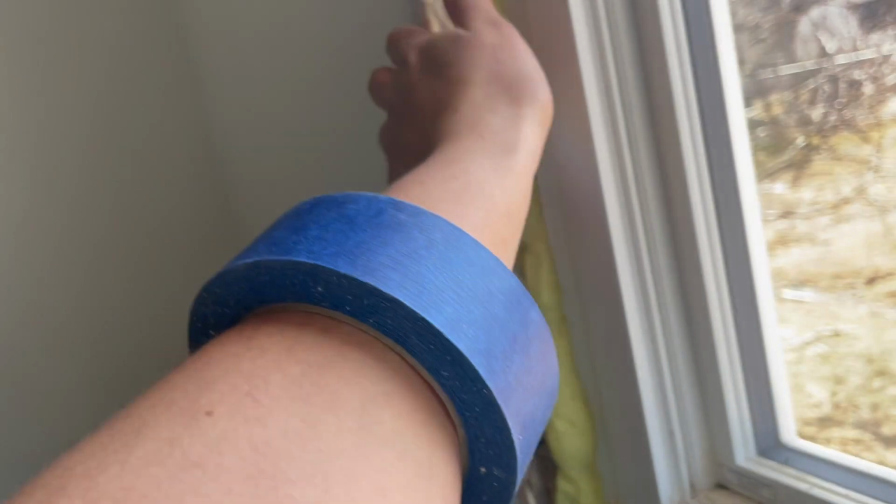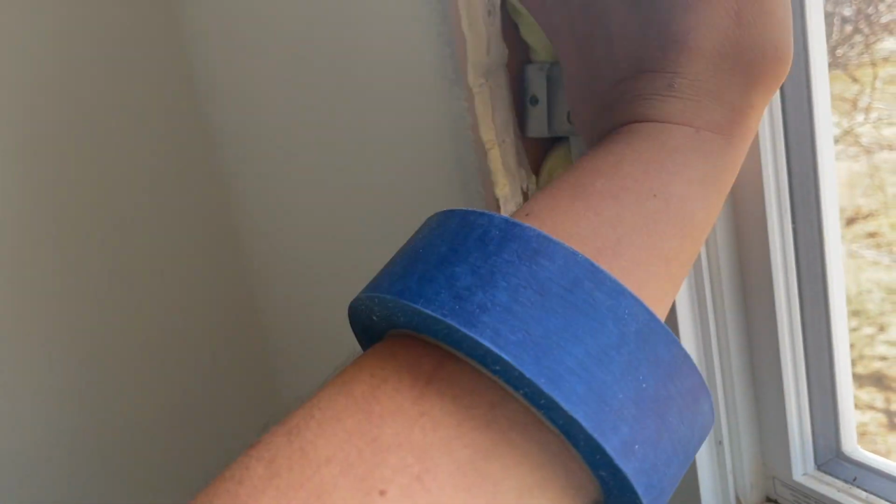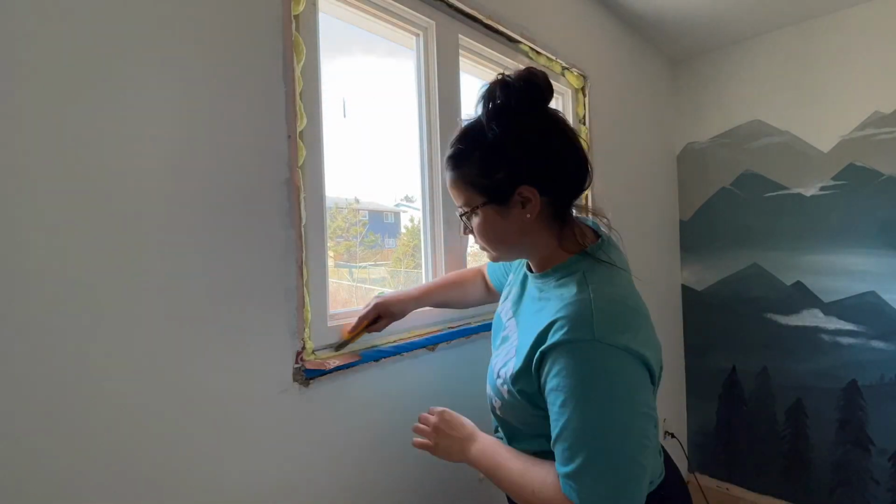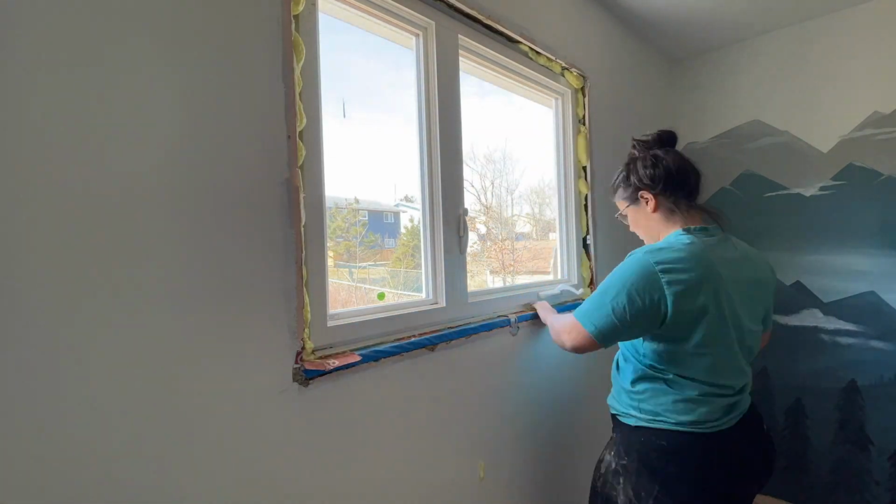New window is installed and you're going to start by snapping off the metal brackets. The screws are installed on the other side and that will secure the window in, but you don't need the extra pieces. Then you're going to use an X-Acto knife and trim off all of the spray foam that is